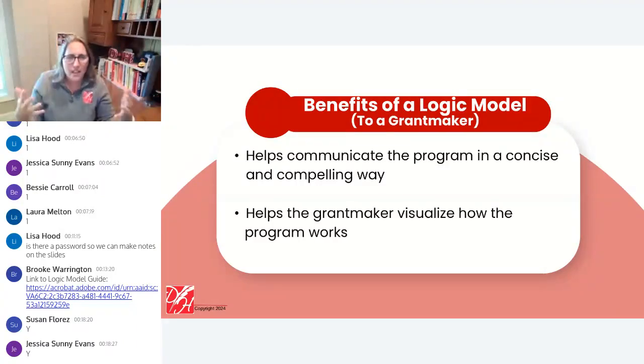The logic model is a nice visual representation of your main design that can be easier for some grant reviewers to digest and understand. Gives them some things to compare. Different adults learn in different ways. There's a lot of reasons that that benefits grant makers in their review process.